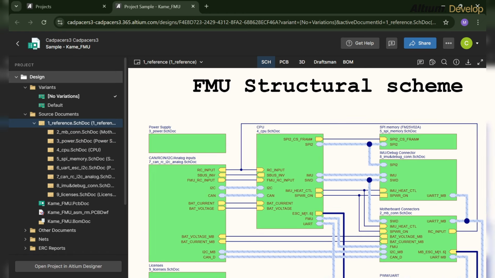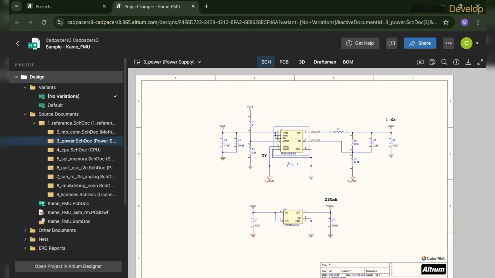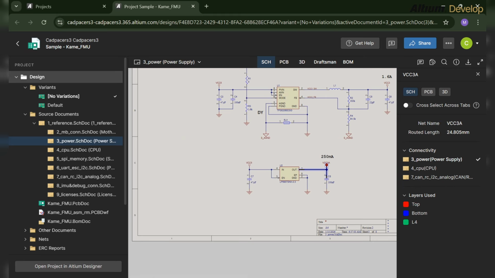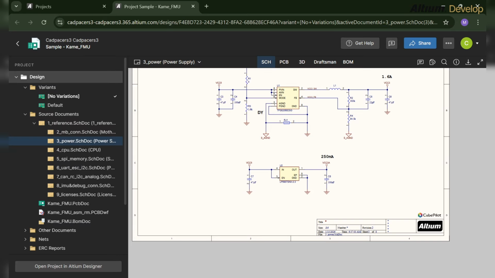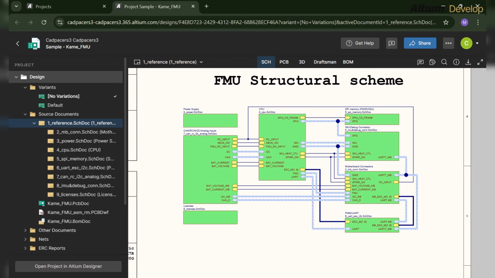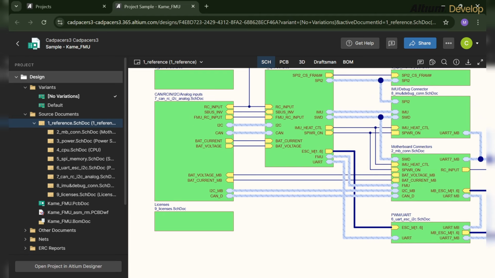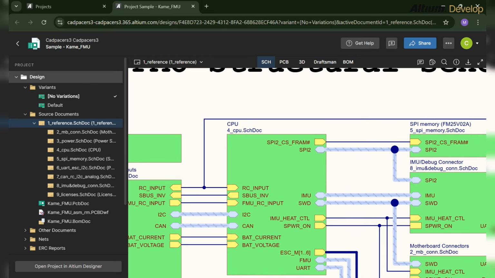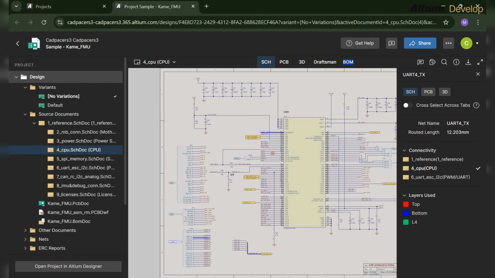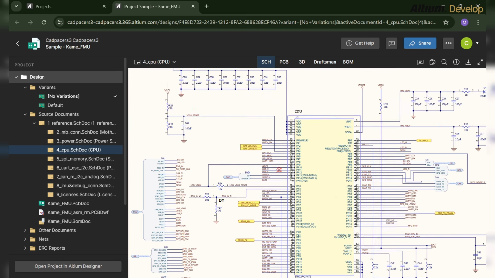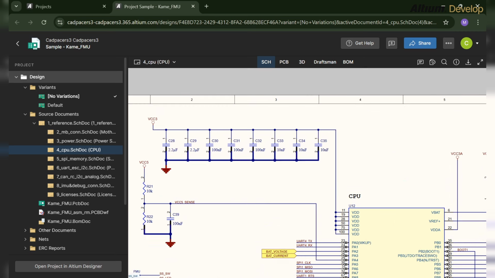So let's open some blocks, this CPU block, this power block. As you can see, there is no global label over here, and we have discussed the global label in our previous video. So it's not connected with any other sheet. It's a problem. The first problem the reviewer encounters is that the power sheet is not connected to any other sheet. So we should add it, start a thread on it,